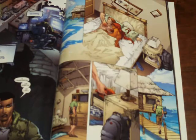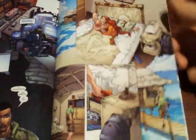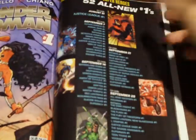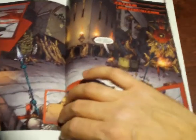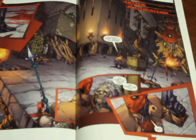So, okay, it shows them laying in bed together. I guess that would be a big deal. And still, that's all they show, and then we go from there. But it was a really, really strong start, and I really enjoyed this book. It was a lot of fun,